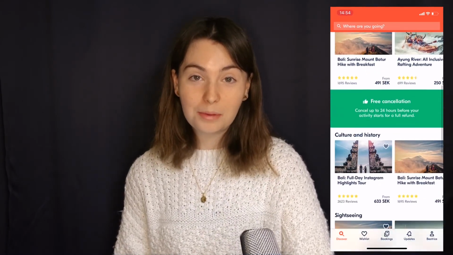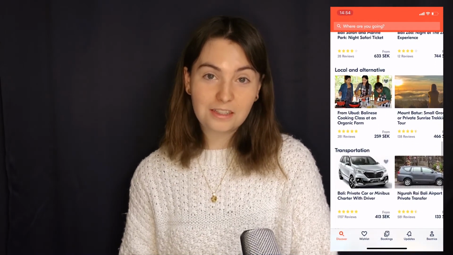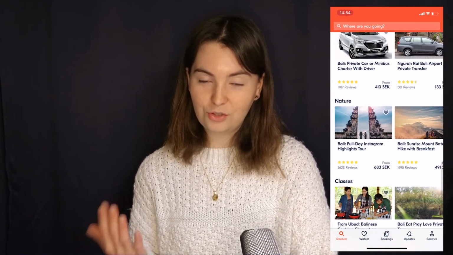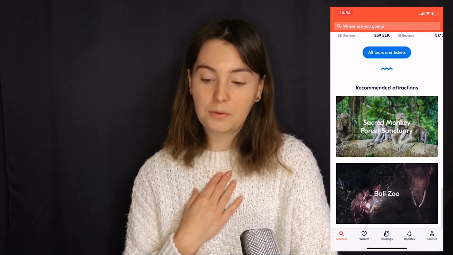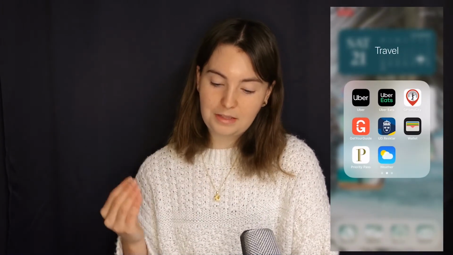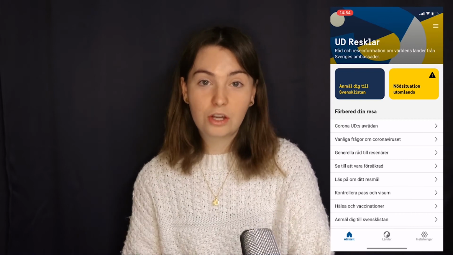Another general travel application that I advise you to have is your home country's government travel app, if you have one. I personally am from Sweden, so I have the Swedish government travel app. It will give me information if anything has happened in another country.